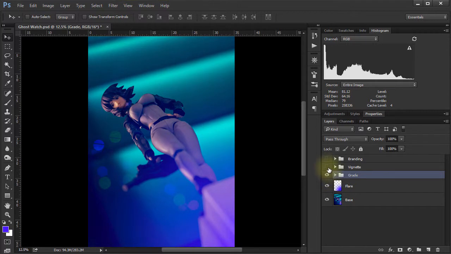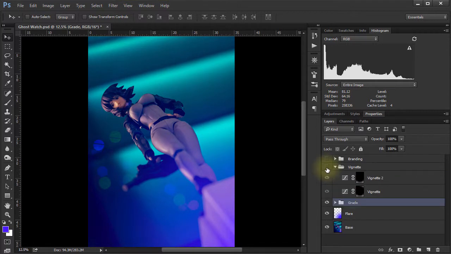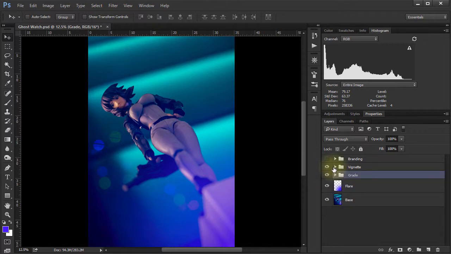Then I apply a vignette. Some people do this in Lightroom. I prefer to do it in Photoshop because I get better control. With the vignette here, I've only really applied it around the bottom corners and the top right. I wanted to preserve that light coming in from the top there. So just a subtle vignette there, a couple of layers. And that's it. That's the entire